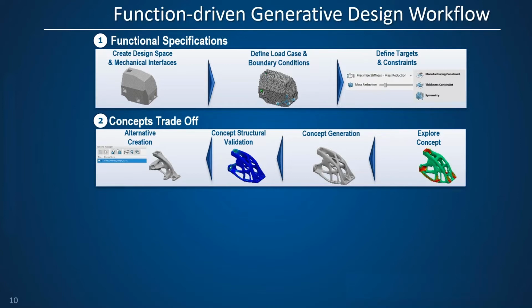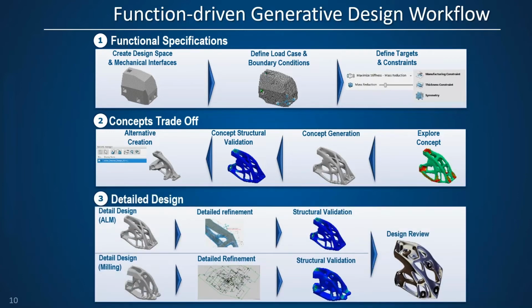And once we are happy with the structural results, then we get into the alternative creation. That means we see using which method we should go for the manufacturing. Okay, and that is the next, detailed design. We call it detailed design. Okay, so here, as you see on the screen, there are two methods which we are going to see. One is additive manufacturing and one is milling. So with respect to these two manufacturing techniques, we can generate our topology. Okay, so we do the detailed refinement, then we do the structural validation, and finally we do the design review,